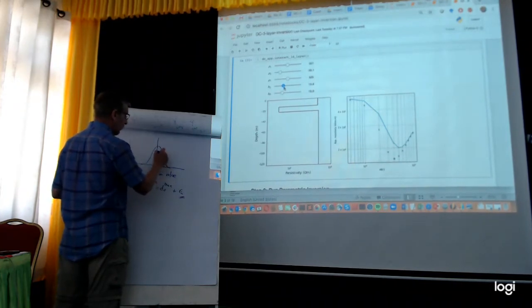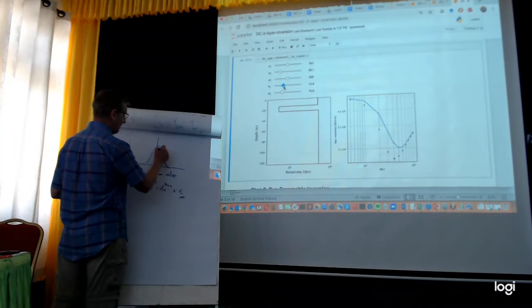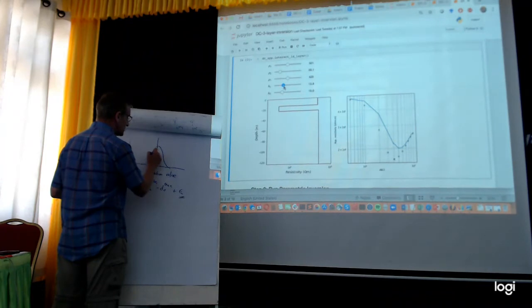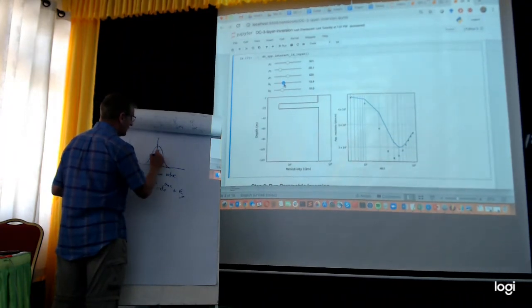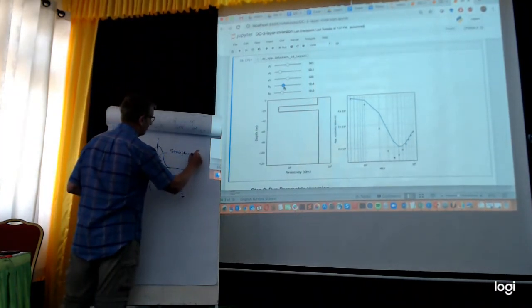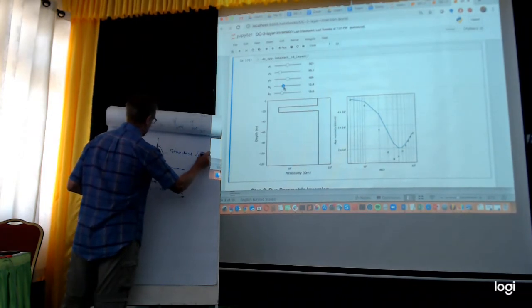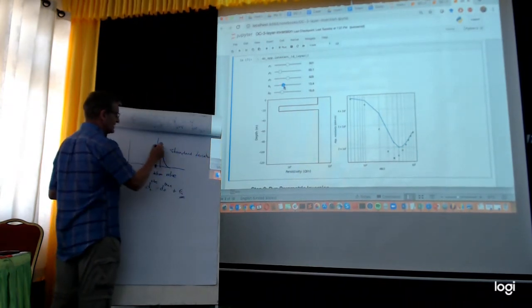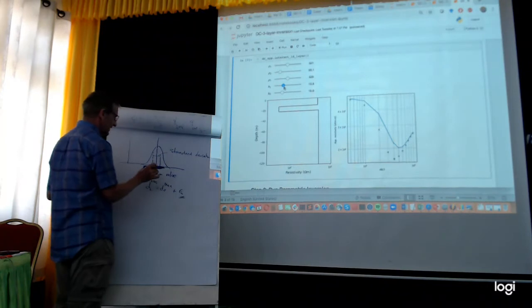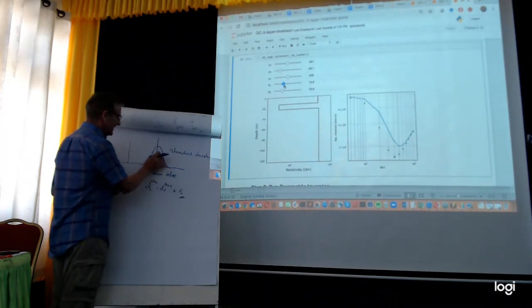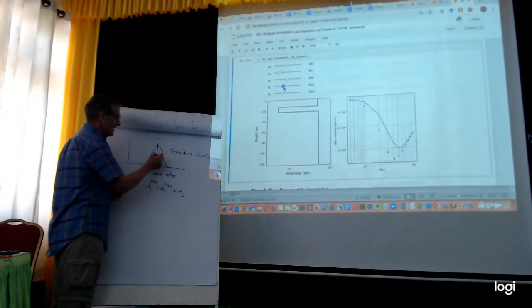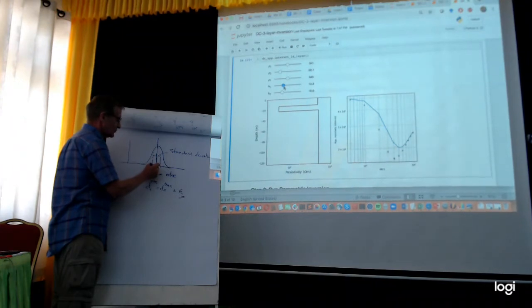tells you what the chance is of a number lying close to the true value. And there's two things here. One is called the standard deviation, and that characterizes the width of your curve. It sort of characterizes how likely you are to find a value that's away from your true value. So here's your true value,